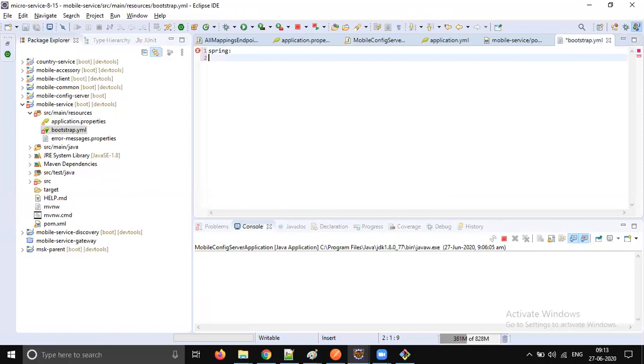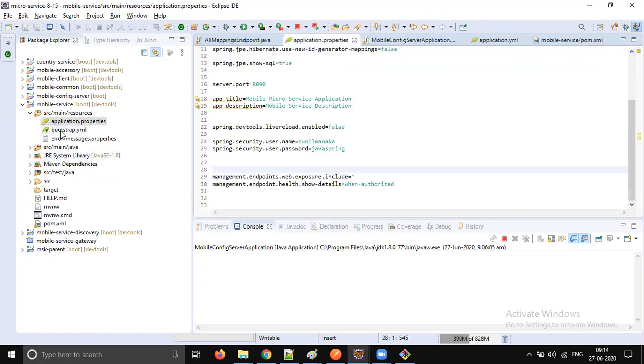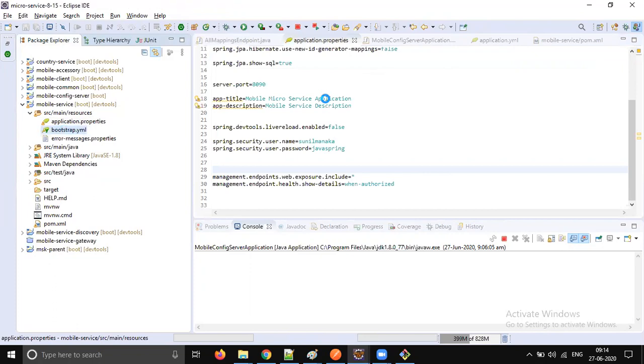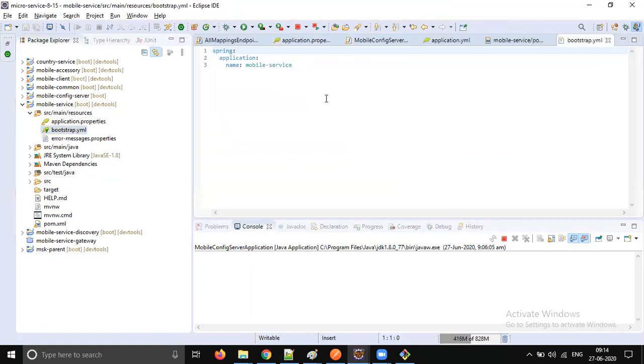It's going to be spring colon, space, application colon, space, name colon, mobile icon. I think by default the YAML is getting edited by text. Yes. Okay, so till now we are good.